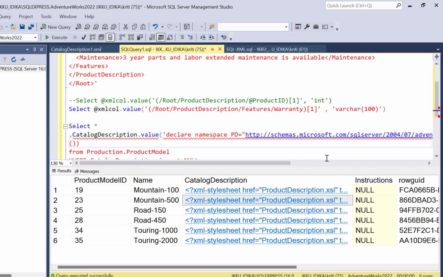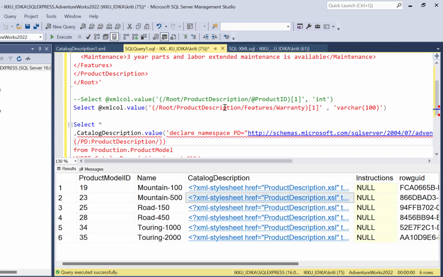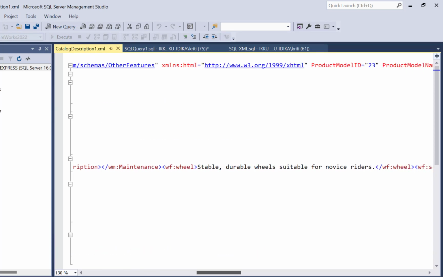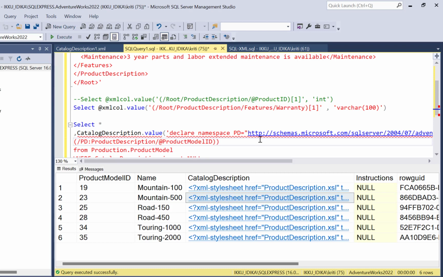We first say PD:ProductDescription, where PD refers to our namespace, then a slash and the value of ProductModelID. The exact attribute name is right over here. Close your round brackets and apply the singleton rule